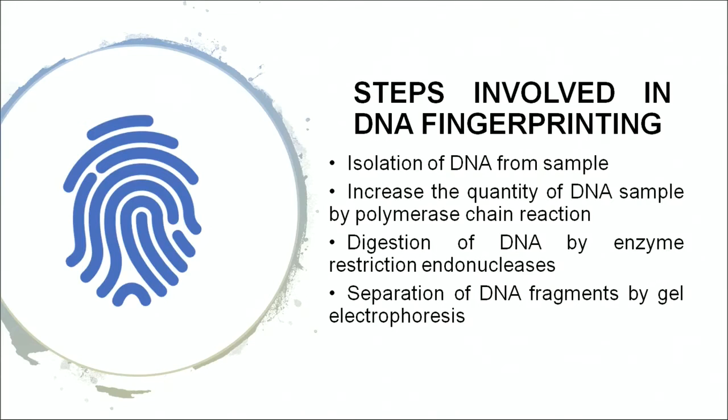Now the steps involved in DNA fingerprinting are: first is the isolation of DNA from the sample, then increasing the quantity of the DNA sample by polymerase chain reaction, then digestion of the DNA by the enzyme restriction endonuclease to create sticky ends, and the separation of DNA fragments by gel electrophoresis. How the DNA segments are separated in gel electrophoresis is based on the charge and mass ratio of the DNA fragments. And we know that the fragments are of different sizes and they carry different